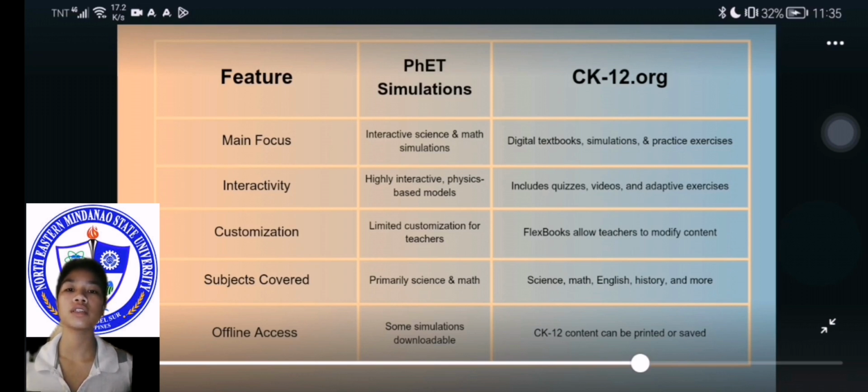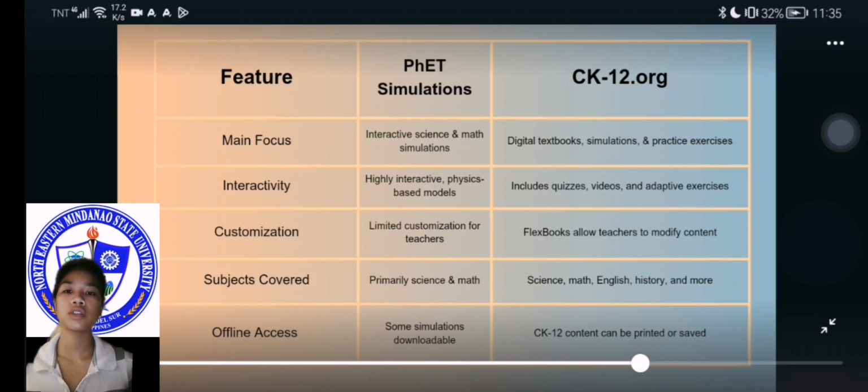In CK12 organization, the main focus is digital textbooks, simulations, and practice exercises. In interactivity, PhET has highly interactive physics-based models, while CK12 includes quizzes, videos, and adaptive exercises.